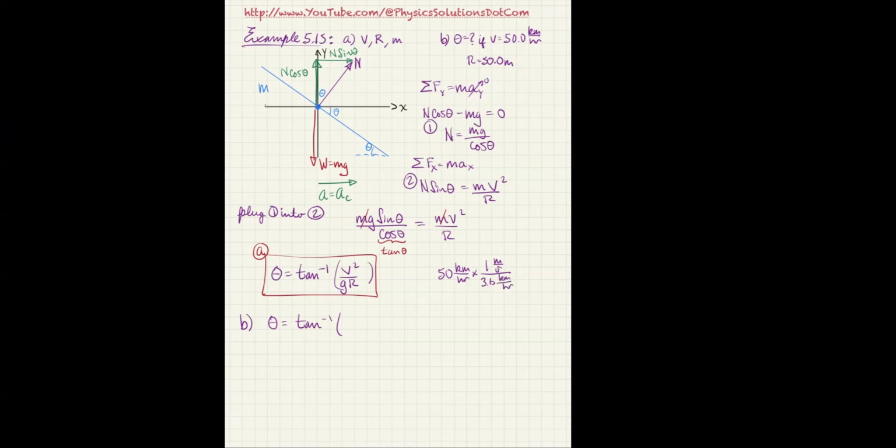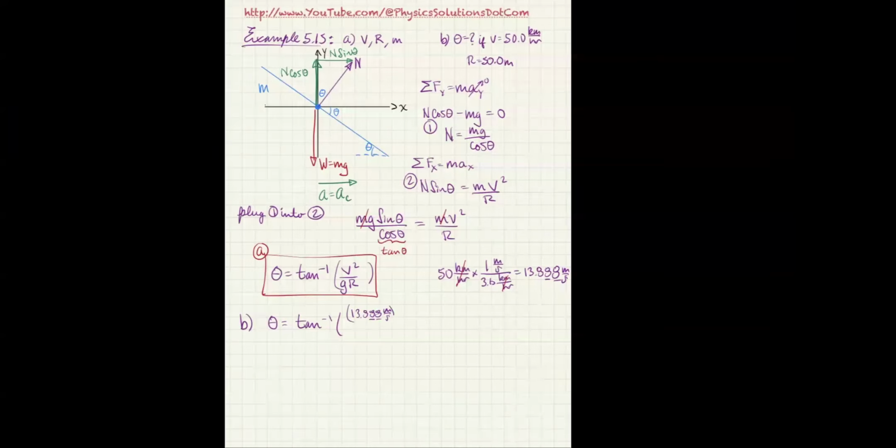That allows the kilometers per hour to cancel out, and it should give us 13.888 meters per second. Now, I did have three sig figs because I forced it to be that in the 50. So this should come out to three sig figs as well, which means the second and third eight are not sig figs. But either way, we're going to go ahead and put that in there, 13.888